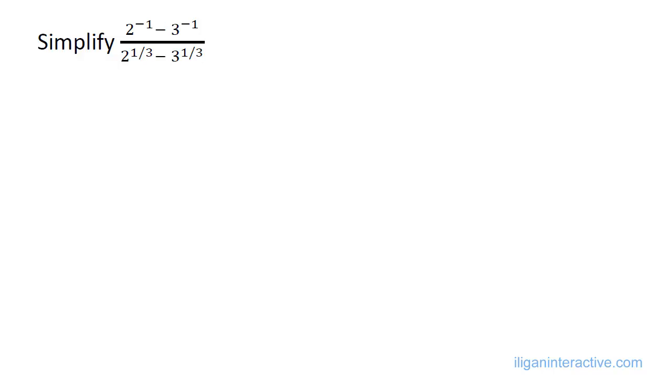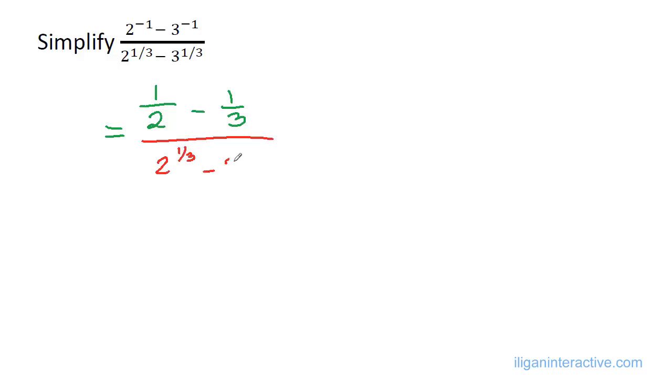We are asked here to simplify (2 to the negative 1 minus 3 to the negative 1) all over (2 to the 1/3 minus 3 to the 1/3). So what shall we do? I think the best thing to do here is to first remove the negative exponent. Instead of 2 to the negative 1, you'll have 1/2, and here you will have 1/3, all over 2 to the 1/3